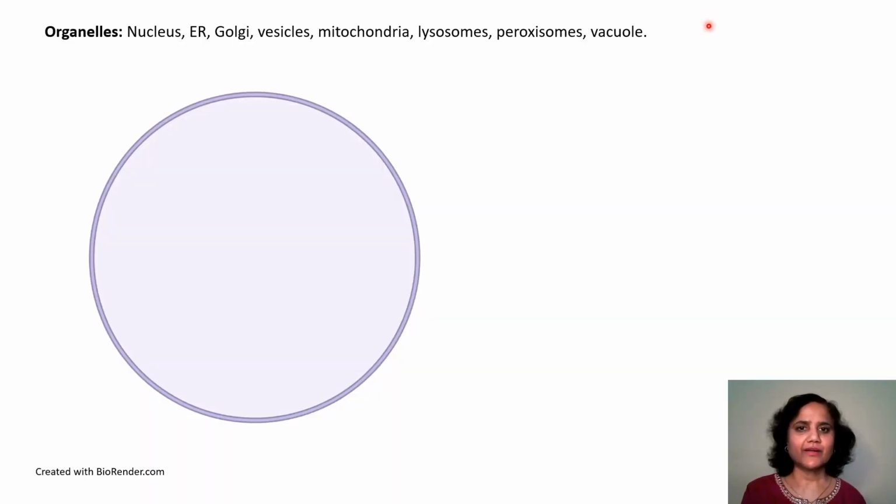So let's try to understand the organization of a eukaryotic cell. A eukaryotic cell has got a nucleus which has the genetic material or DNA. Inside the nucleus, various DNA-related processes happen, such as the transcription of genetic information into RNA. The nucleus also has this dense body known as the nucleolus, which is a site of ribosomal RNA synthesis and ribosome assembly. The nucleolus usually has a peripheral localization within the nucleus and it is not itself bounded by a